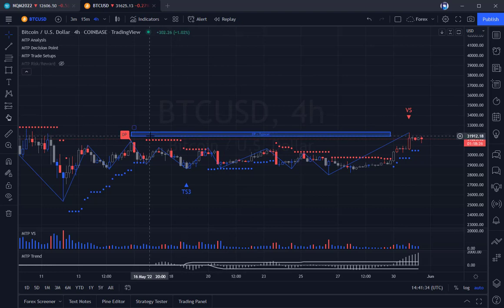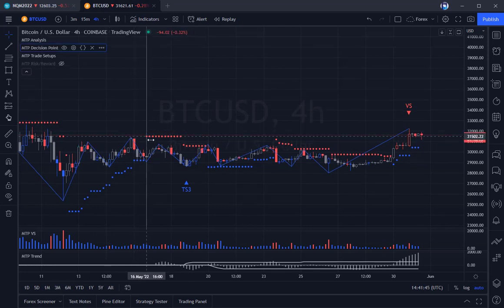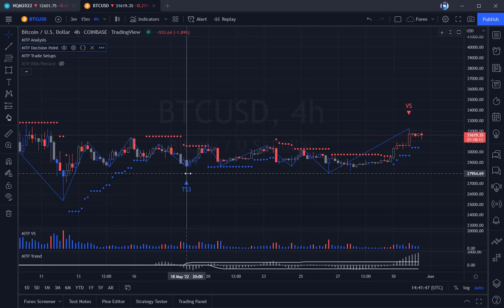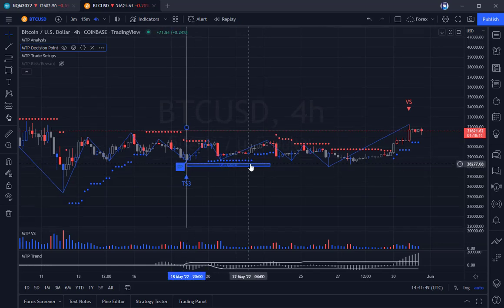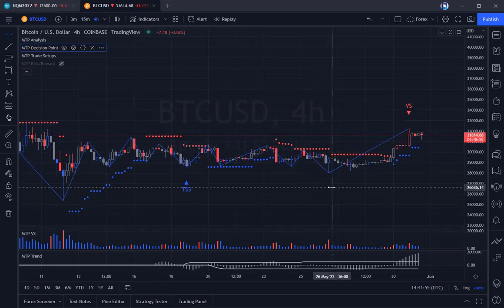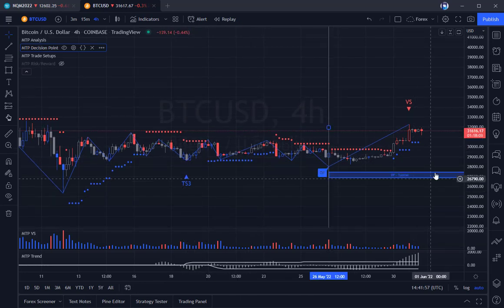So what we do is we have our DPs on our chart with our new scripts that we're hoping to release fairly soon. This is very easy indeed, because you can just grab the DP, drag it to a previous pivot high or low, let go, and then it redraws it. Remember that these are leading indicators, they're on the chart in advance. So for example, if I put it down to this pivot, you can see how it gives you an area